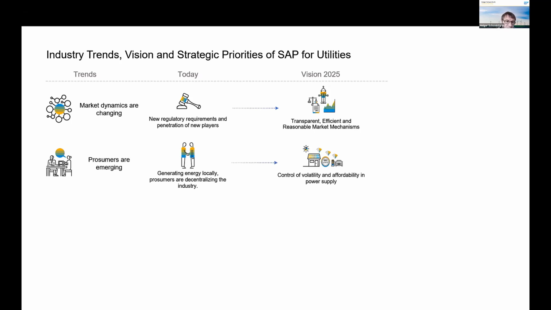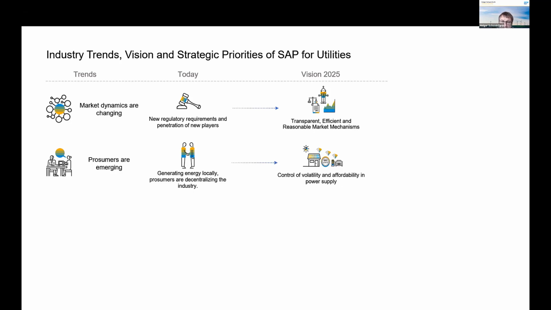Another aspect that we have also been observing for many years is the transformation from the classical meter as a prime entity in the utilities industry into the prosumers. The customer, the prosumer, is in the center of everything. We see a lot of new requirements, from decentralized energy generation to the need of having commodity and non-commodity products. And we have also seen already a couple of great presentations in today's session. So that is definitely also one of the key aspects that we need to consider.